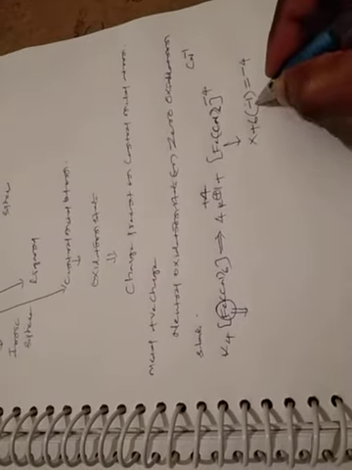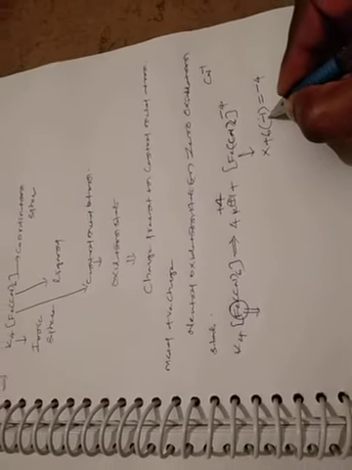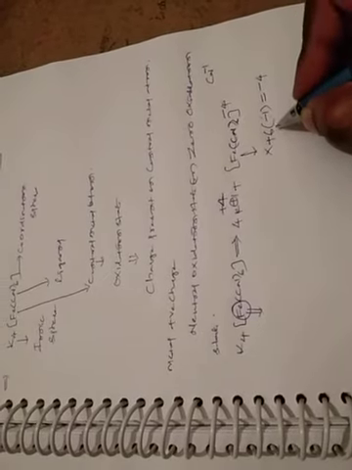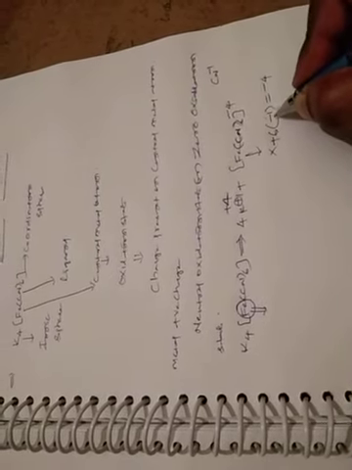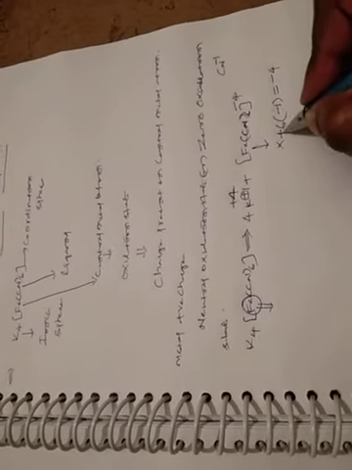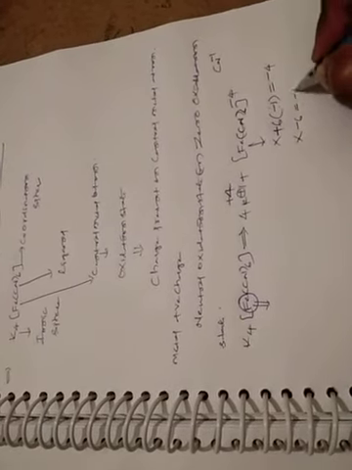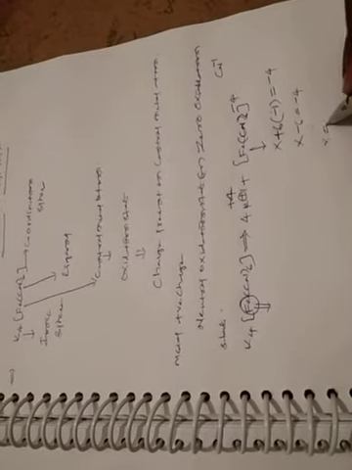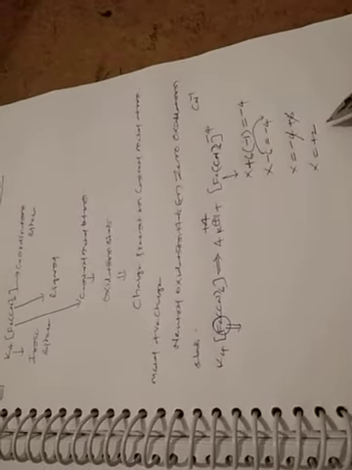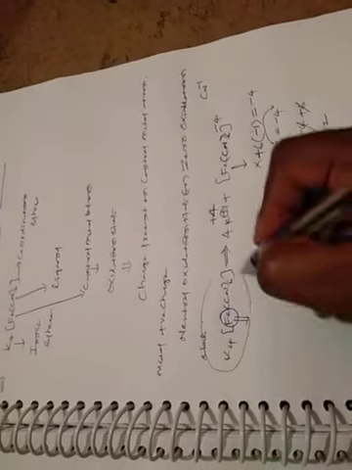So x + 6 into -1, that is x - 6, is equal to -4. If you bring the -6 to the right side it will be -4 + 6, so x is equal to +2. Very simple. So like this we can calculate the oxidation state, or we can calculate it directly for the whole compound.